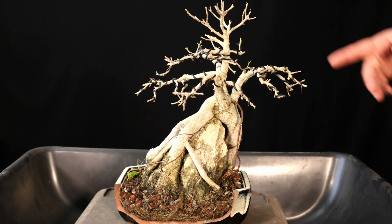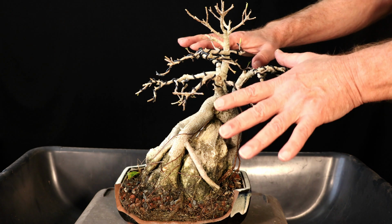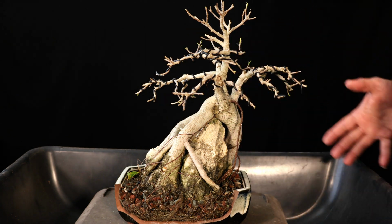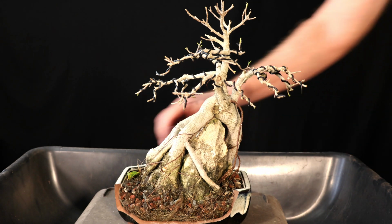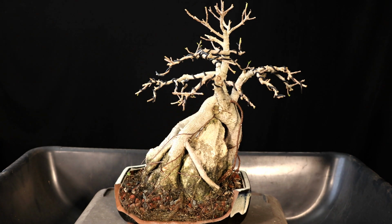All right, and here we are. I said I was going to get my repotting set up in. Kind of forgot I was going to put wire on it first. I was actually just talking to some friends of mine about how I feel my brain getting old aged almost as quick as my back is,